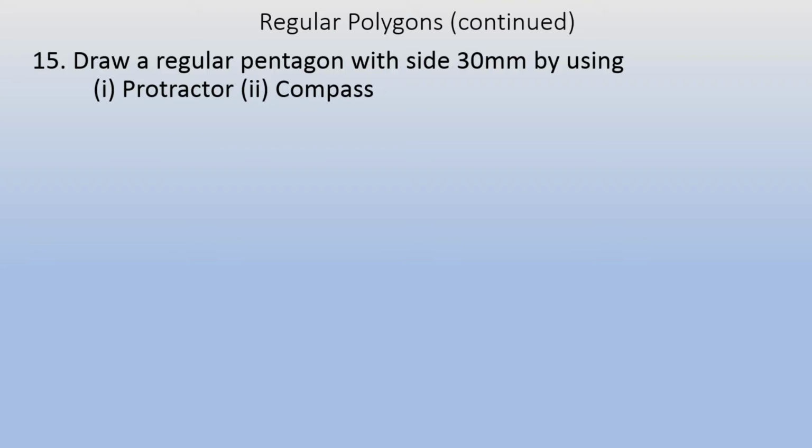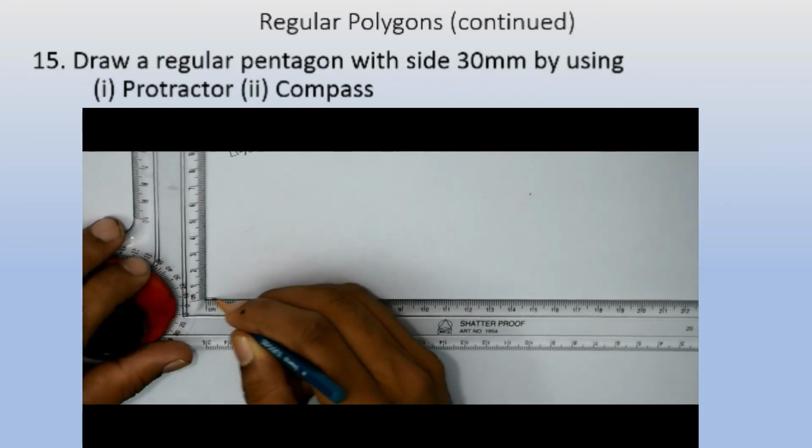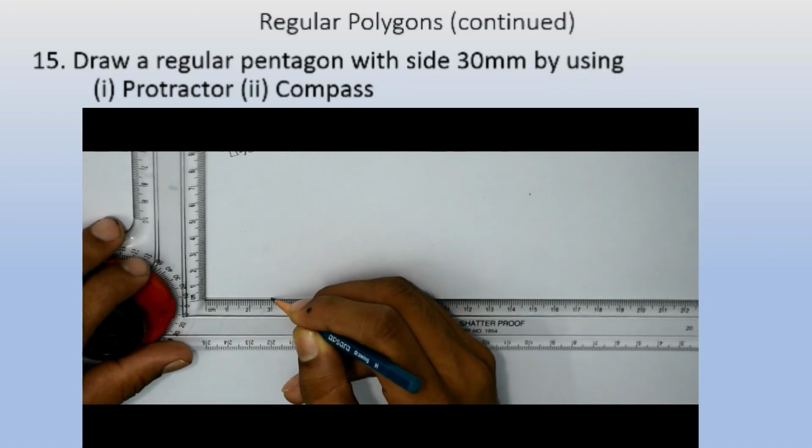So I'll tell you one more time that a pentagon can be drawn with many methods, but here we are going to see only the pentagon by protractor and by using compass. So first I will show you how to draw a regular pentagon, that means a figure with 5 sides equal, by using a protractor. So observe here carefully, this is going to be very important.